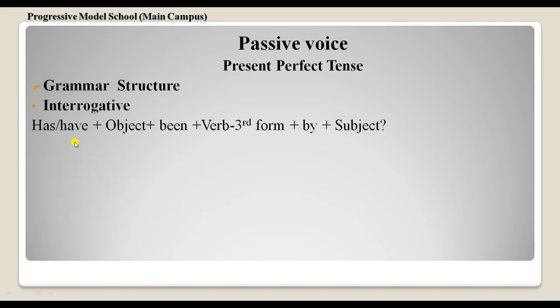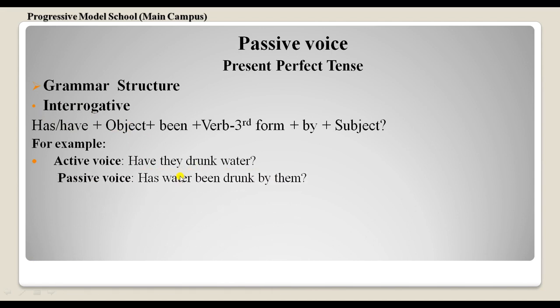And here is the structure of interrogative sentences to convert active voice into passive voice of present perfect tense. We'll just move the helping verb to the start of the sentence, then we'll use object. For example, have they drunk water? So here it is the sentence of present perfect tense. To convert it into passive voice, we'll write helping verb at the start of the sentence. So here object is